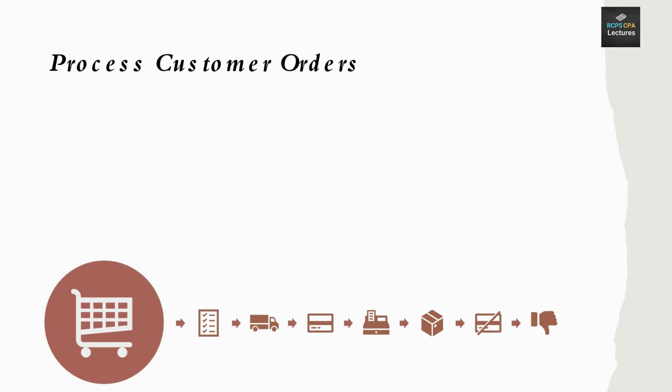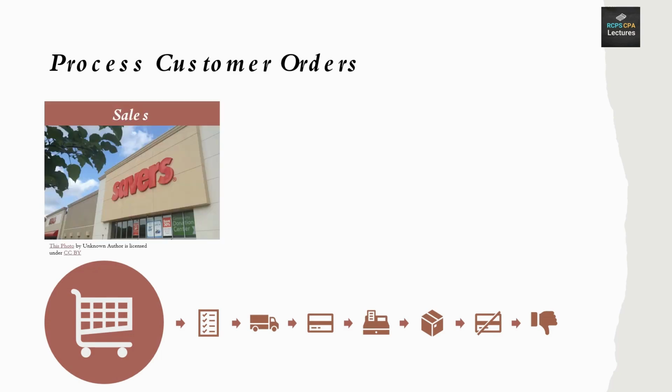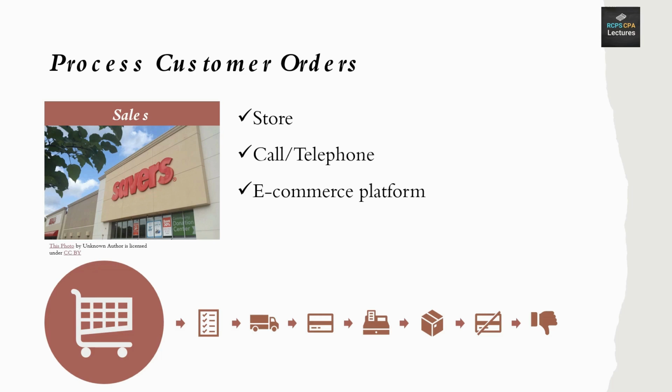The first business function is processing customer orders. The personnel responsible for this business function is the sales or the sales department. The receipt of orders from customers will initiate the process. The orders from customers can be received from a variety of channels. Walk-in customers may order in-store. Customers may also order via call, or customers may also use the company's e-commerce platforms to place an order. Finally, institutional customers may employ more formal means to place an order to the company, for example, by sending a